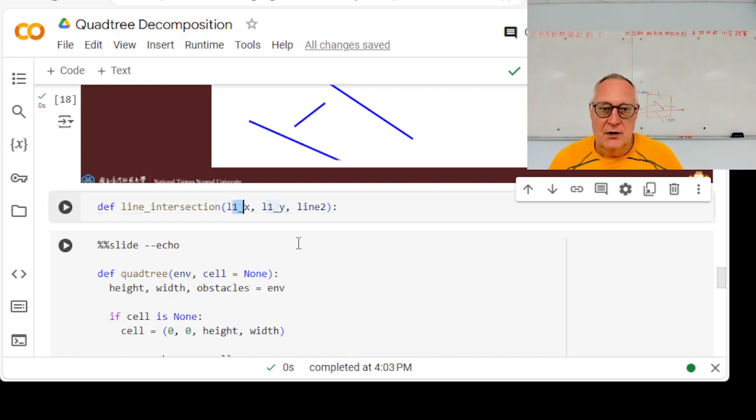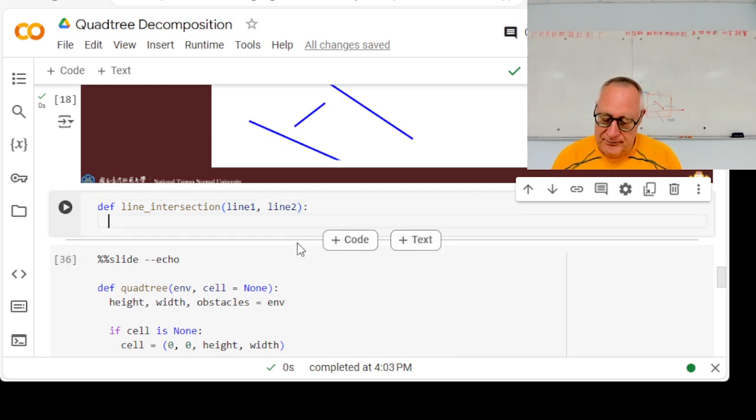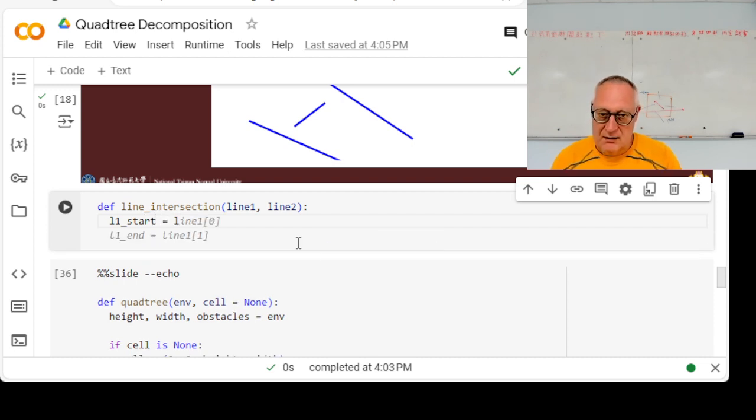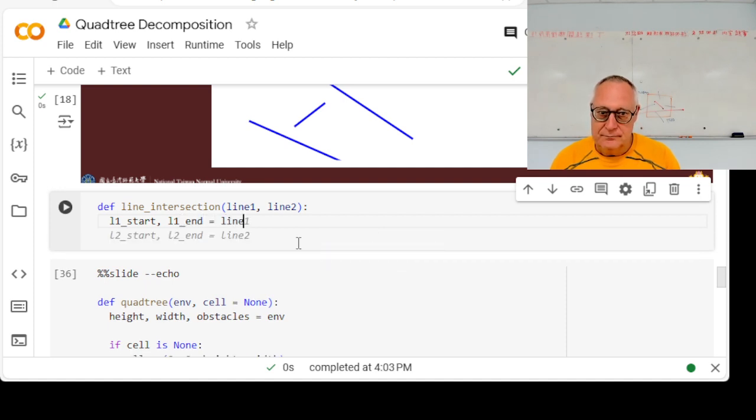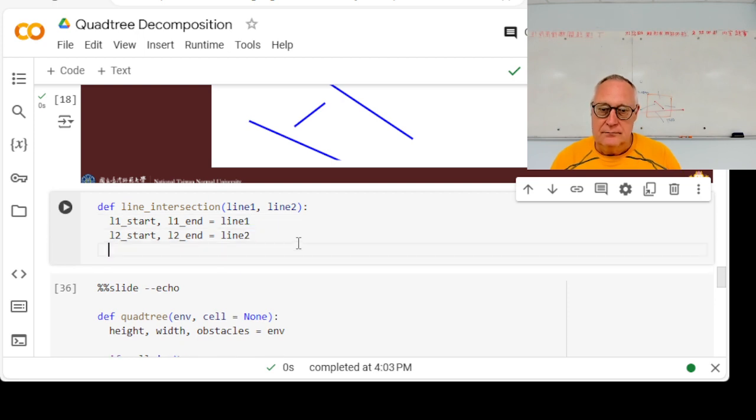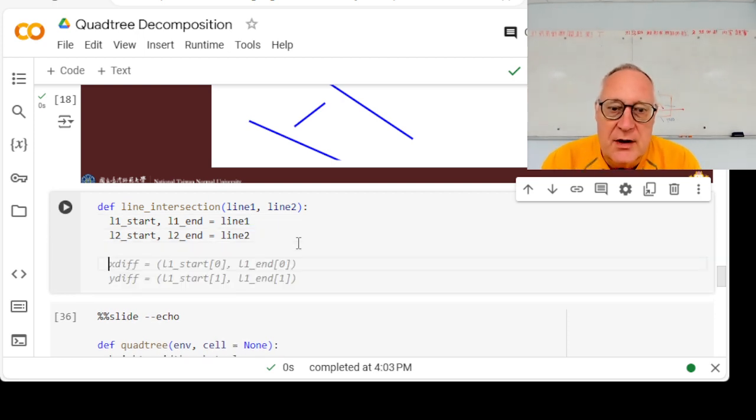So here's line 1, line 2, and then L1 start, L1 end, L2 start, L2 end is there. Now,